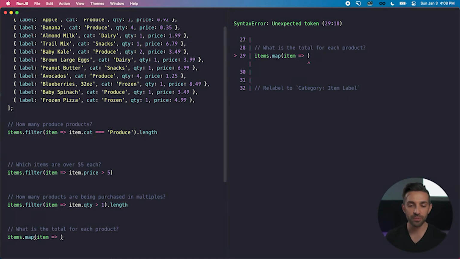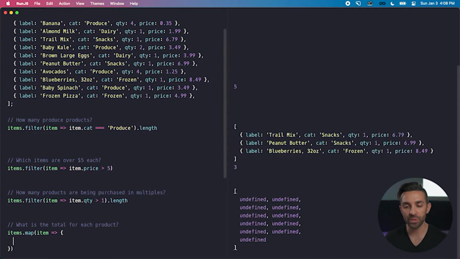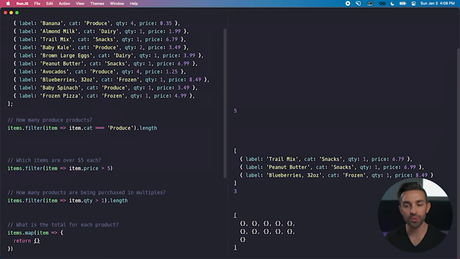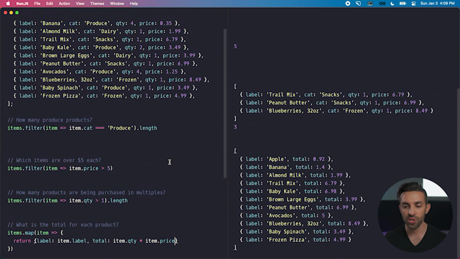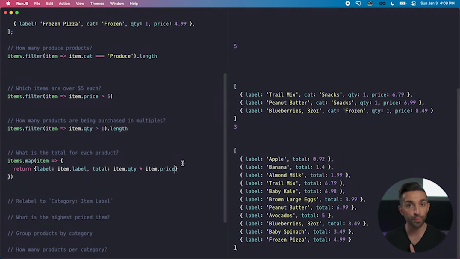So if I want to return, let's return both the label of the item and say total. So let's return label, item.label, and then total will be the item.quantity times the item.price. So now once again we have a brand new array, and this time we have just the label and then